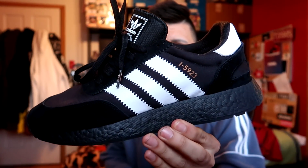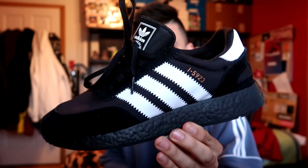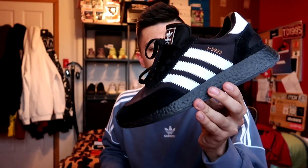Boom, these here are the Adidas Nike runners, or I-5923. Now, I made a mistake. I messed up, guys. I really messed up. Apparently, Adidas changed the name of the Nike runner to the I-5923 because of Nike sounding too similar to